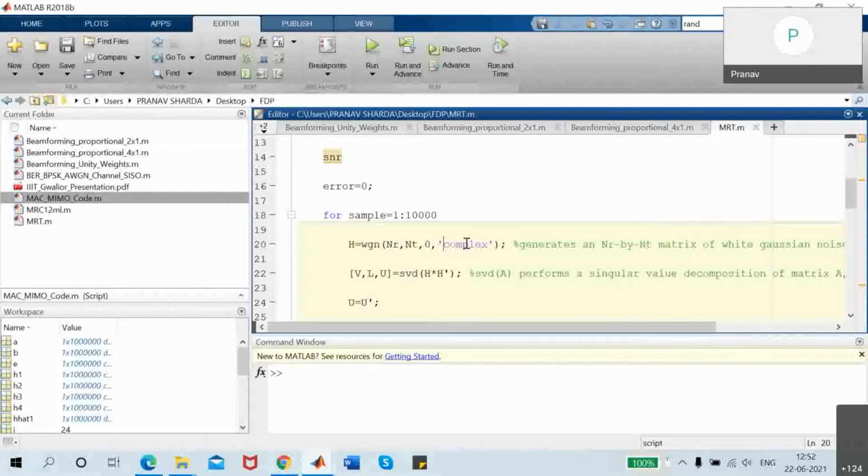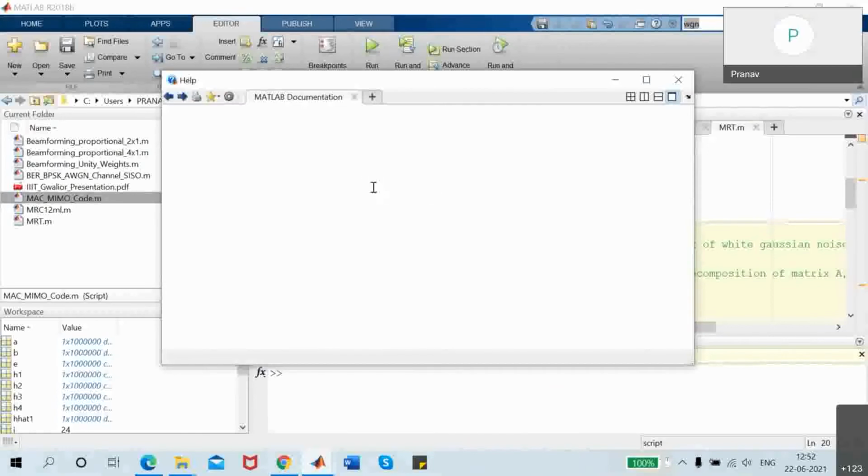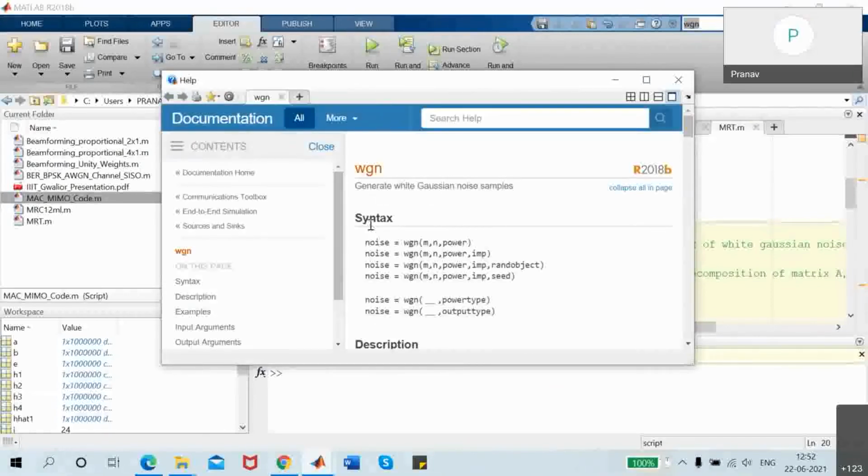And this H is of complex nature. See, this is the format. If you go here in the help section of MATLAB, if you have any query related to any command in MATLAB code, you just go to the help section, type in your query over there, like any command you want to search, like WGN, I'm interested. You can click on it and details will be there in front of you. The syntax is there. It is not anything rocket science I am discussing here. It is all there and defined in the library of MATLAB.